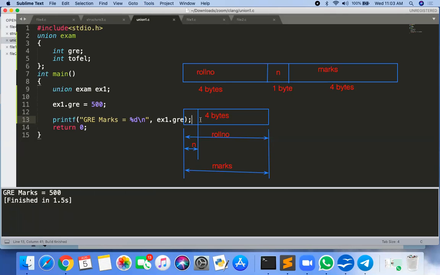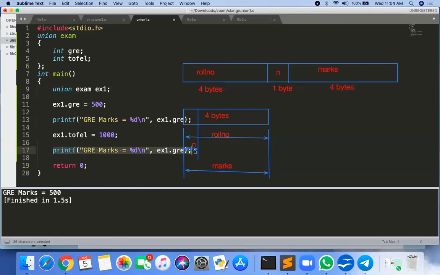So you will have the marks of GRE. But your question is, if instead I store the TOEFL again? Yes, that is your question. So if I store TOEFL as 1000, and I print the GRE marks as well as the TOEFL marks.